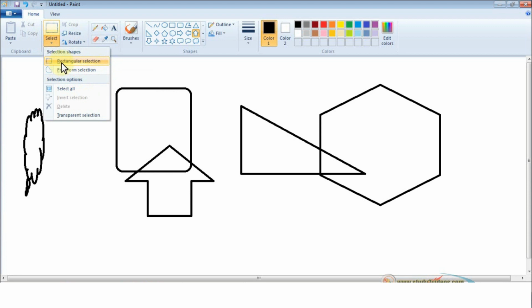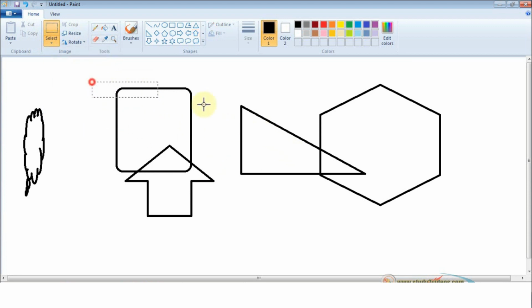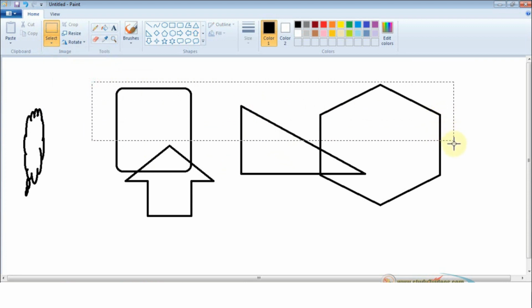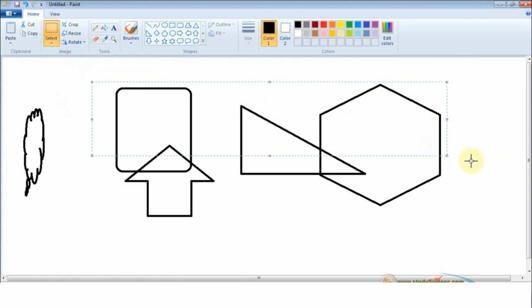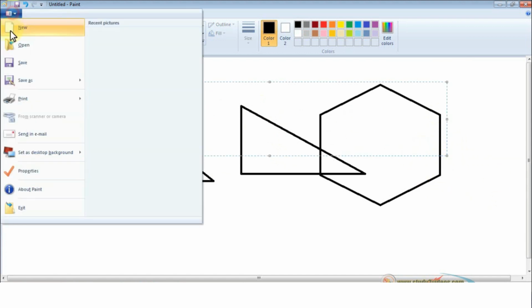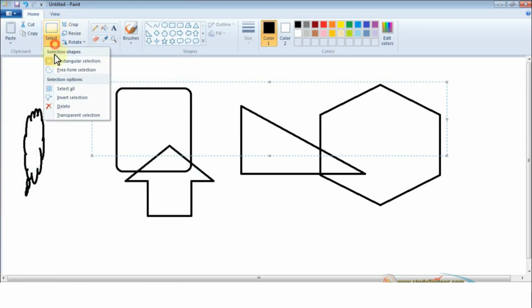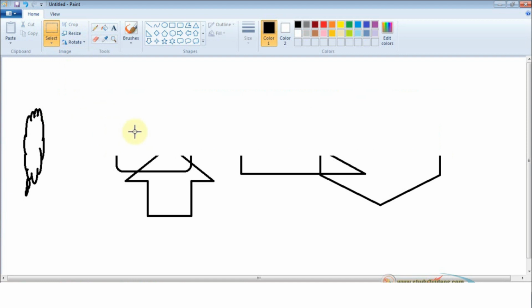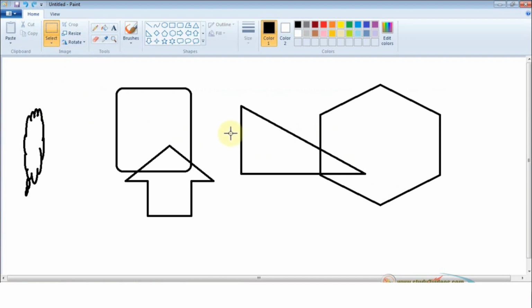Rectangular selection tool means the area gets selected in the shape of a rectangle. Are you able to see, children, in the drawing area? Yes. Now click delete. In the form of a rectangle, the area is deleted.